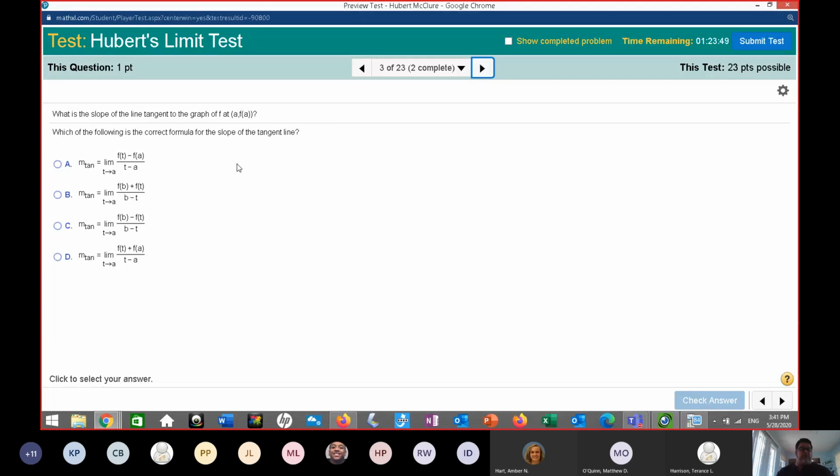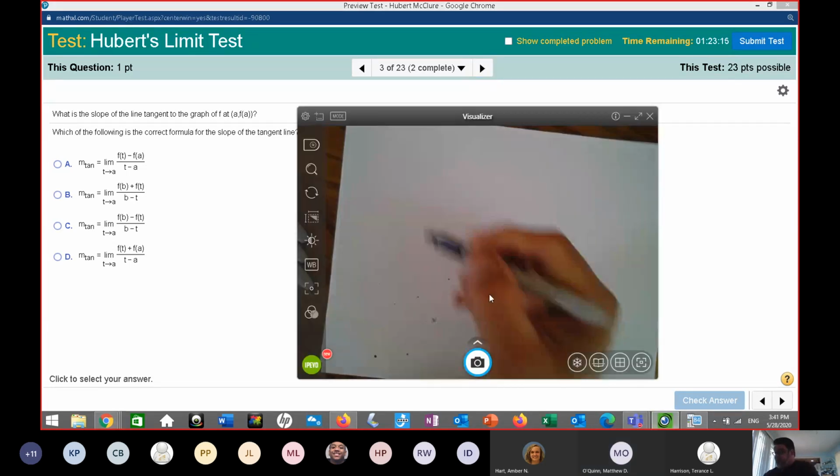I think I did this question for y'all. I'm not sure if I did or not. Which one looks like the slope? C. Let's look. What is the slope of the tangent line if you have A and f of A? A. Okay, so it looked like it'd be A. Let me go through and show that to you. Or we can just say B and C are adding a third variable that wasn't there before. Well, that's true. You could do the deduction if you wanted to.